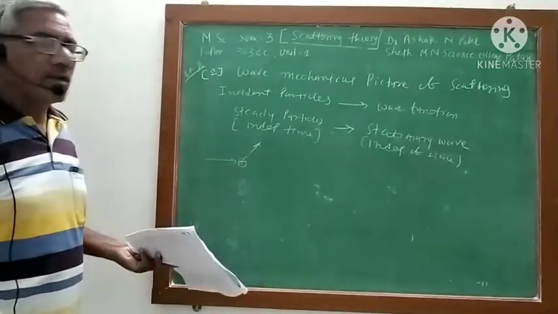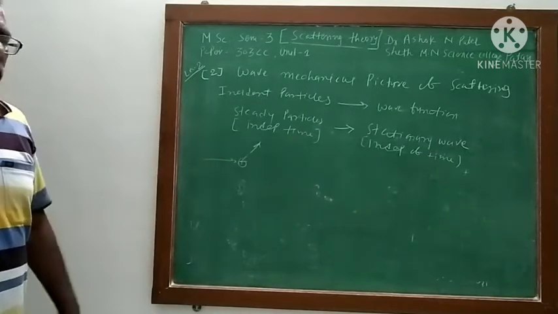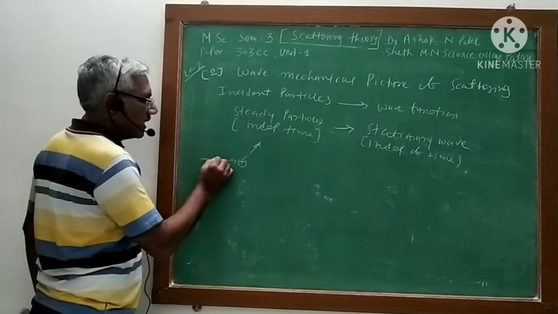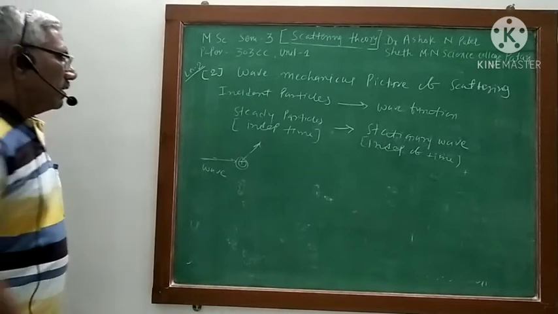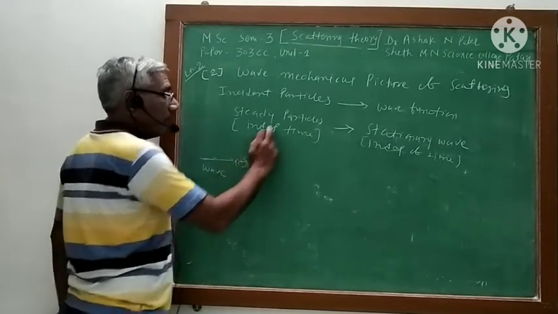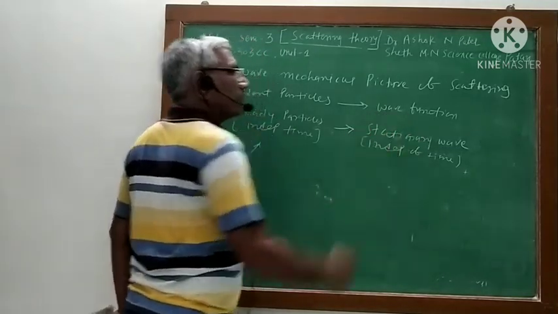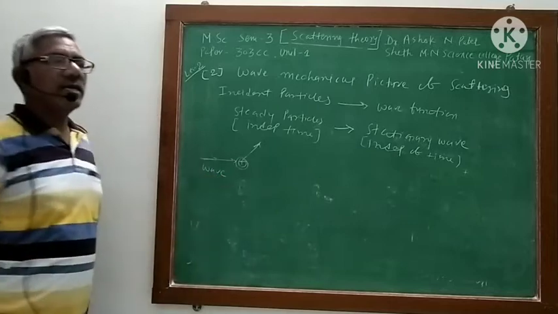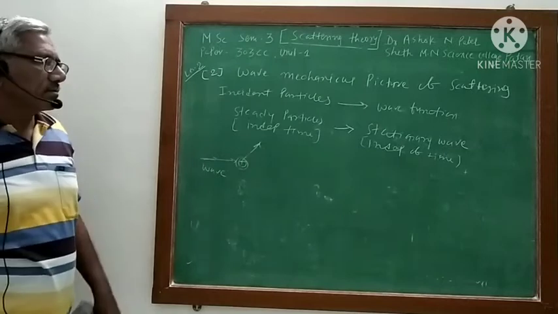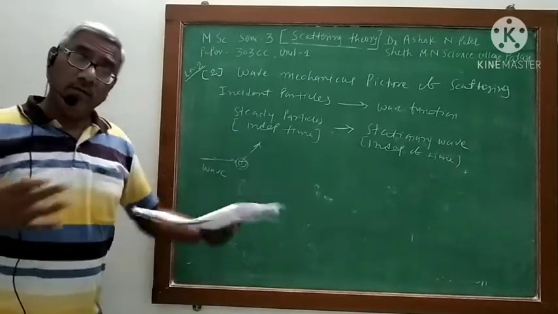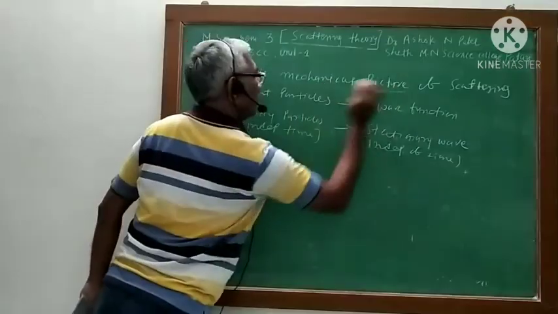It will change. Okay, it will get distorted. So this is the concept you have to understand, that now I am considering it as a wave. When waves come at the target, depending upon the nature of the target, the wave is scattered. So I say that the wave function earlier was stationary. Now because of this target, the stationary wave gets distorted. There is some change in the wave, and you can say it is a scattered wave, not a particle, because now we are considering it as a wave mechanical picture.